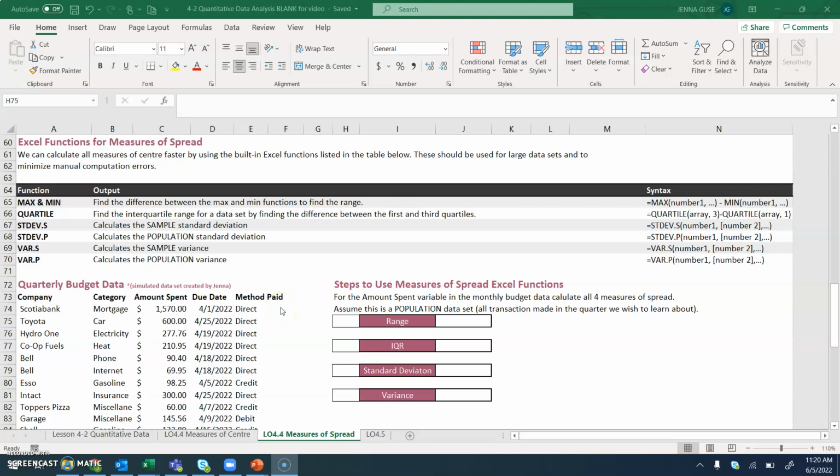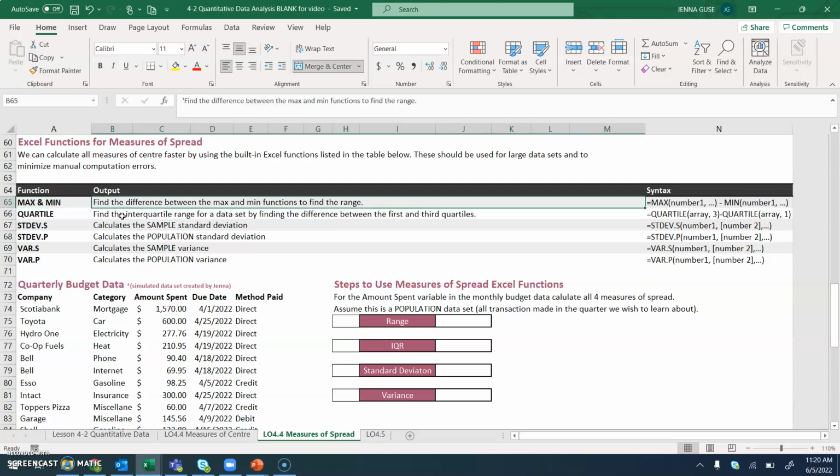In this video, we'll look at the faster way of calculating measures of spread using built-in Excel functions. Again, these help to make sure you don't make any errors and get the right values. You need two functions to find the range, both the maximum and the minimum, and then you need to find the difference between them because there's no built-in formula directly for the range in Excel. The same for the interquartile range. First, you have to find the quartiles, which are the first 25 and 75% of the data, then find the